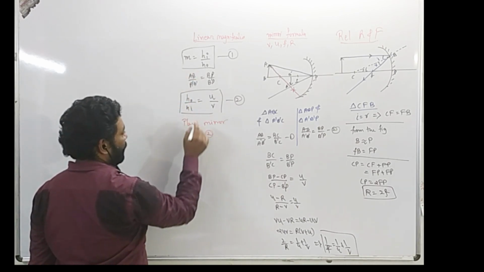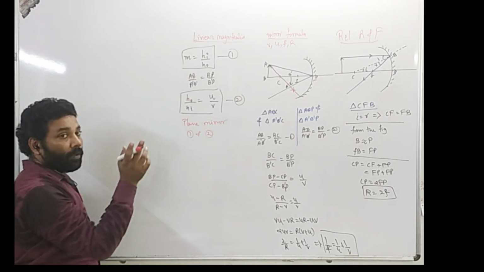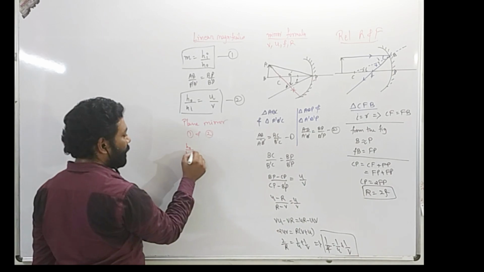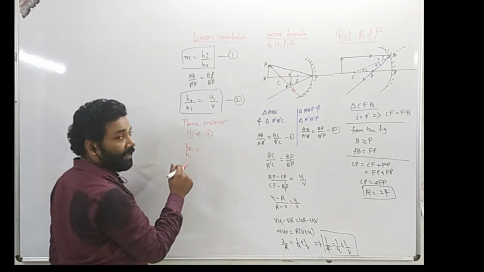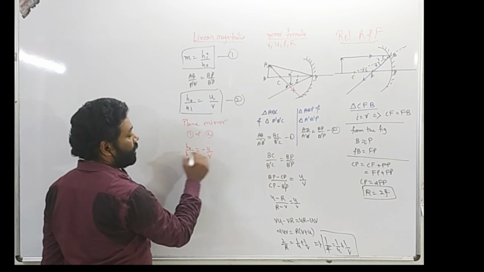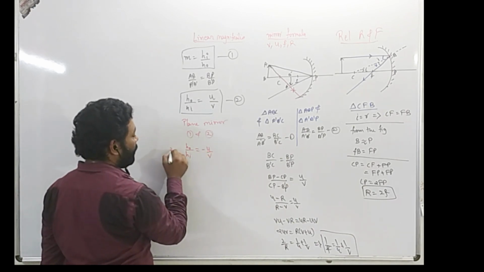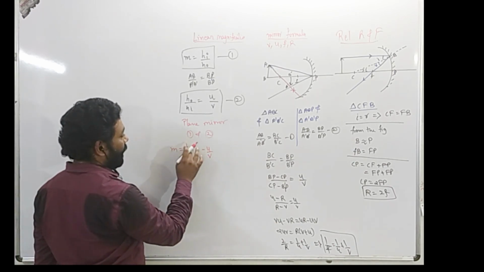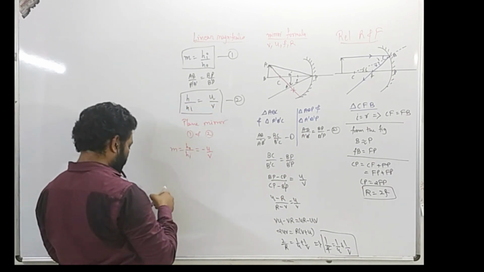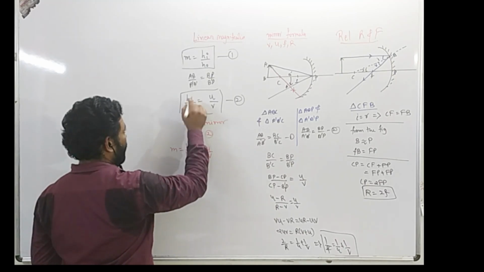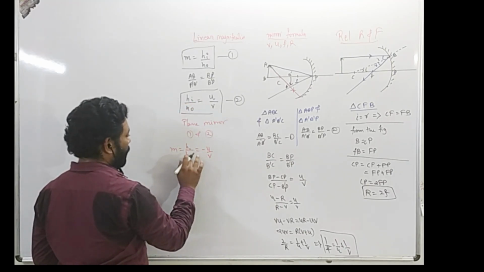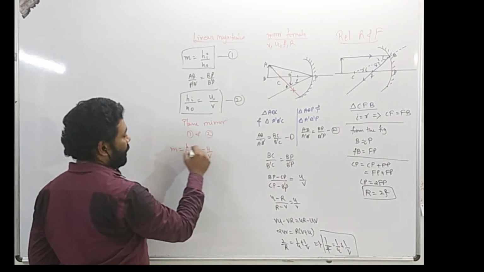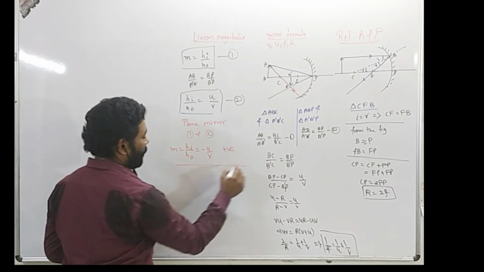Let us check that in the case of the plane mirror, a virtual image is formed. When the virtual image is formed, the height of the object is positive, the height of the image is also positive, the object distance is negative, and the image distance is positive. So this will be the relationship of the magnification in the case of the plane mirror. From the sign of hi by h naught, the height of the image to the height of the object, we will say that the magnification is positive.